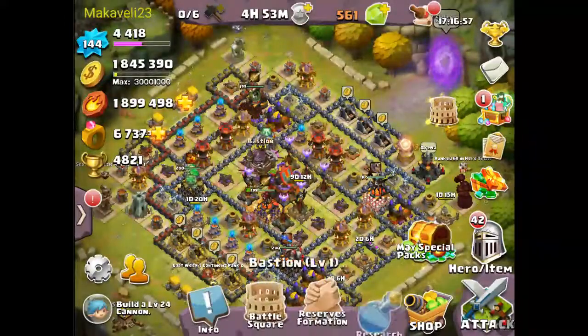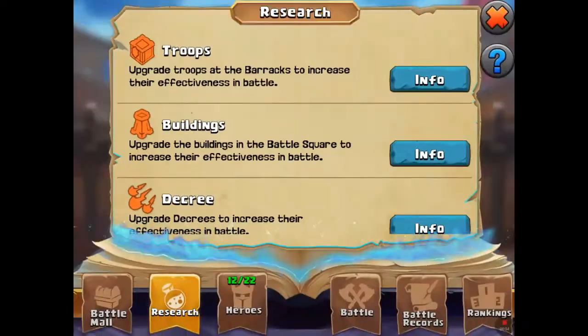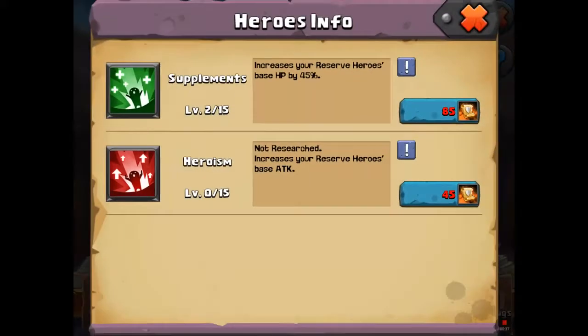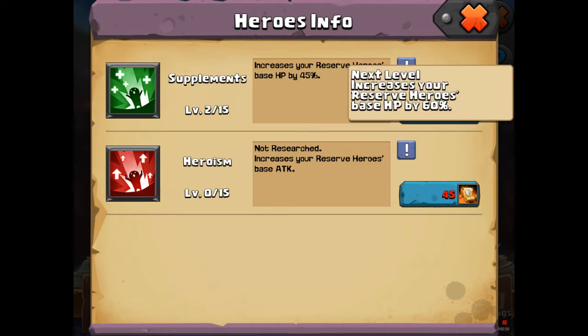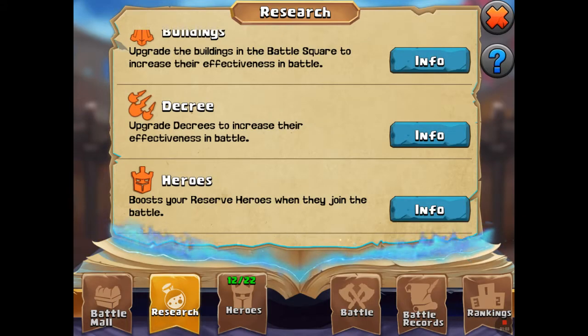Now one big thing is that you can actually have the option for upgrading your heroes. So that's pretty cool. It's gonna be a big difference depending on what level you are and how fast you can get this. Right now I have it on the second level. The next one is 60%. So I can only wonder what the other levels are, like level 15, if that's like 200%. Same thing with the attack. Another thing too is you can also,